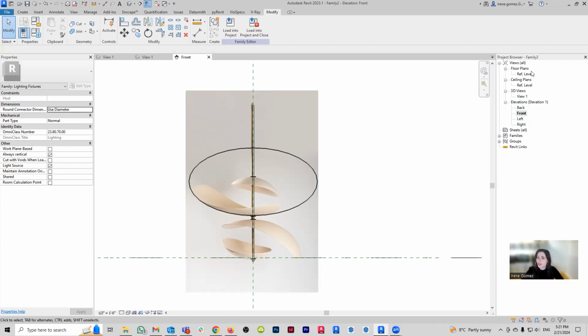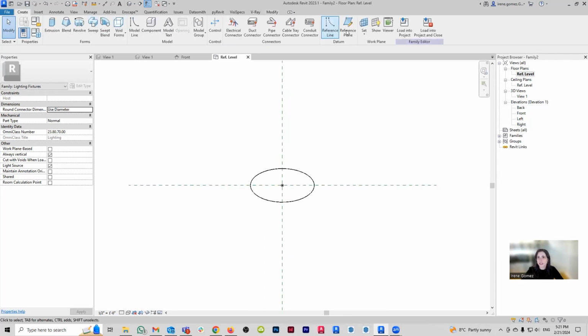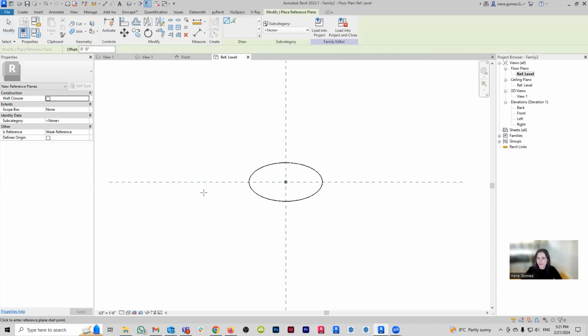So what I'm going to do is go to my floor plan view and create a new reference plane. Reference plane, sorry, quick key RP. And I am going to create a reference plane that is going to be slightly tilted. And again, how tilted? I don't know, man. I don't have the factory drawings. So we're just going to wing it. We're going to guess. Let's say 30 degrees is enough.